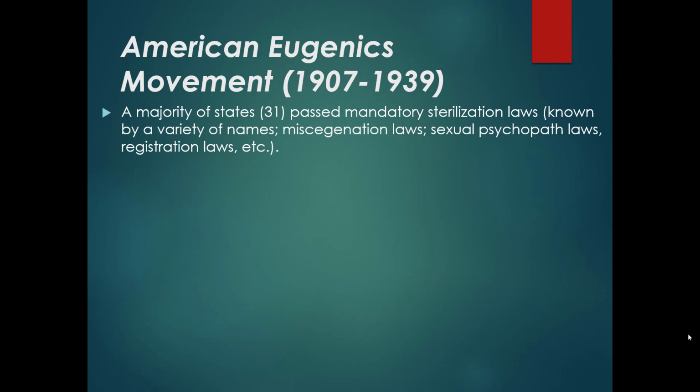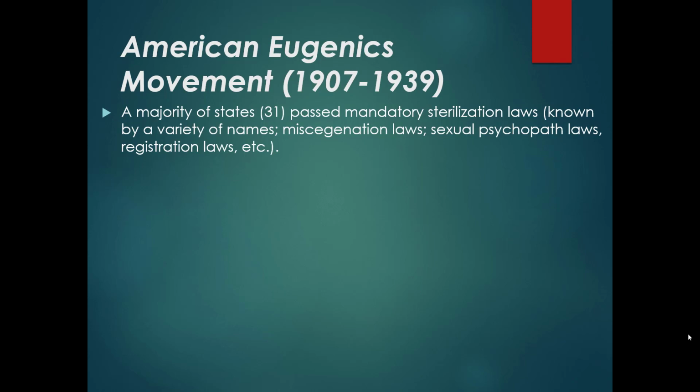And as you can see, although you're trying to prevent criminality, think about criminality being mainly more males than females. The way that you prevent people from sending their genes forward was actually to sterilize the women.